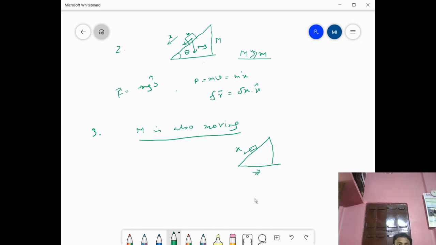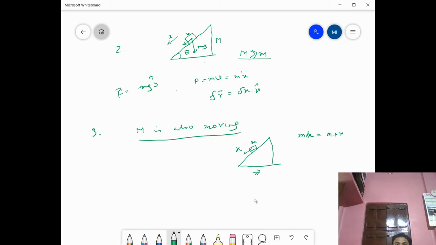Considering the motion, there will be a relation. The relation will be what? The mass is m, so m dx will be equal to